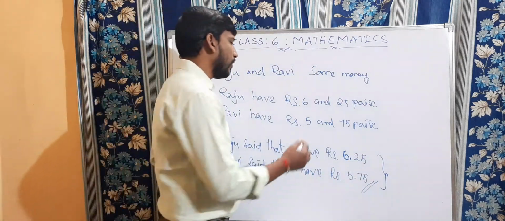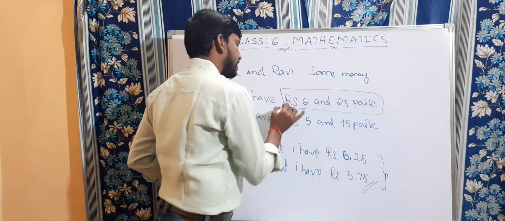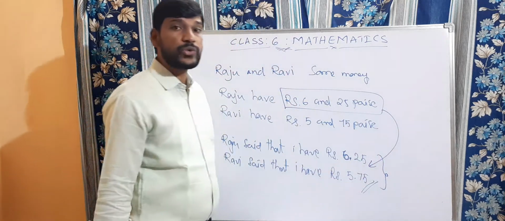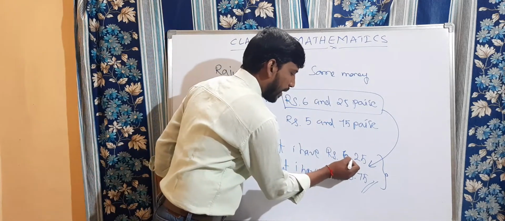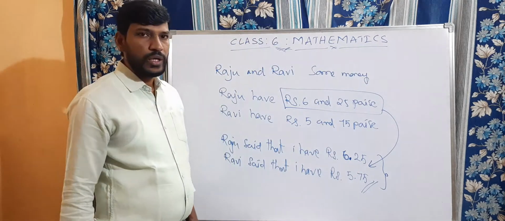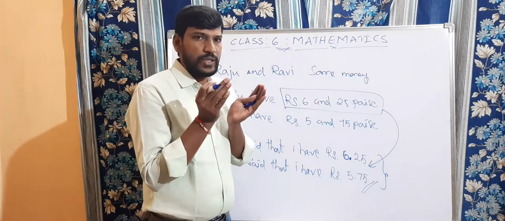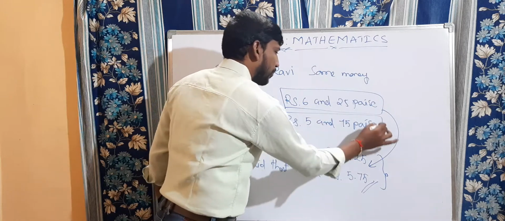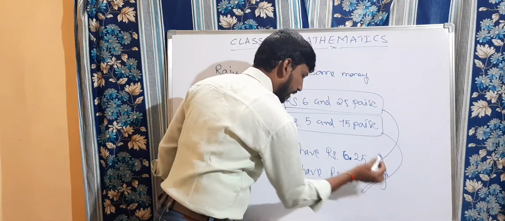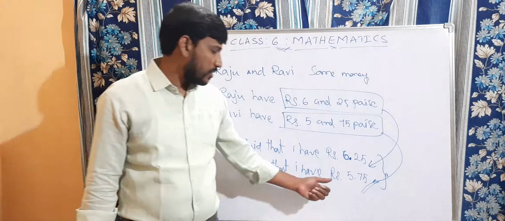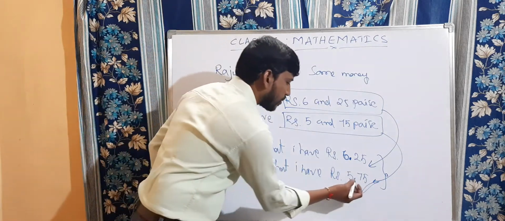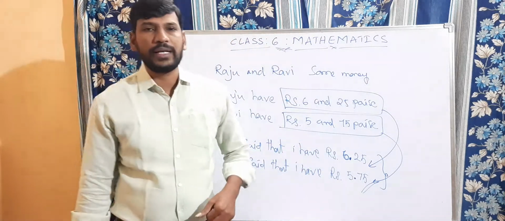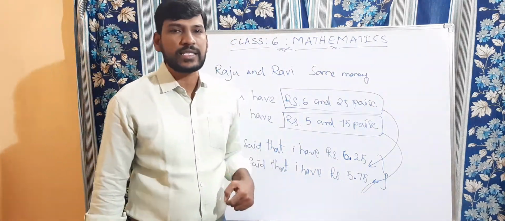Yes, sir. Whatever they gave in rupees and paise, they converted totally into rupees by using a point in between those two. They are connecting rupees and paise with a point. Even though it is 5 rupees 75 paise, he said that it is rupees 5.75. So what is this point called? The point is called, in mathematics, a decimal.